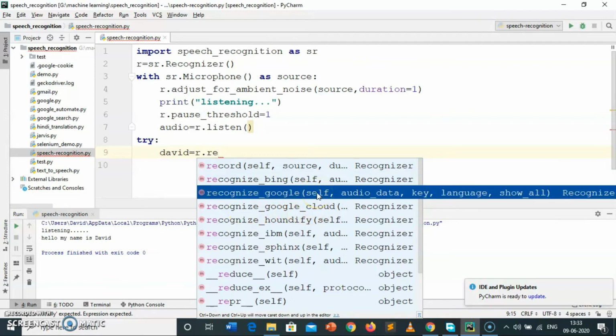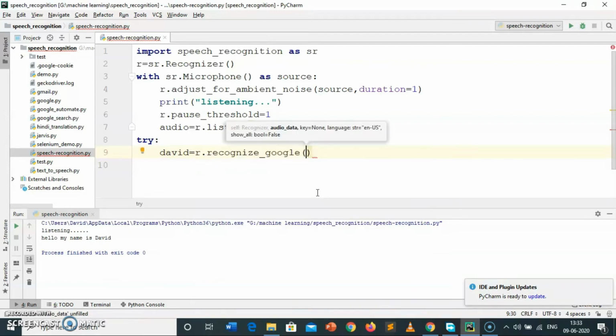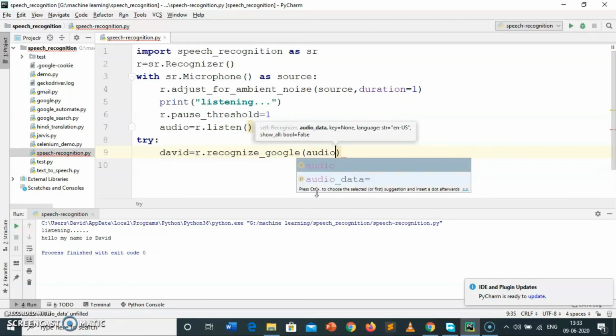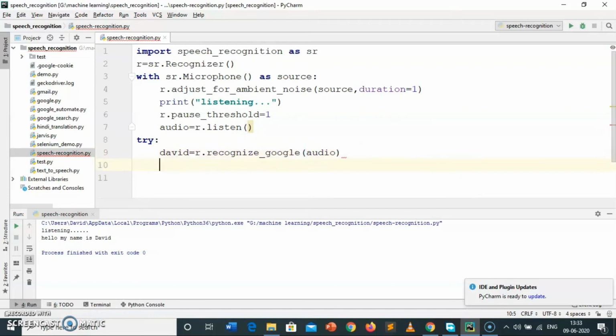I am going to use recognize_google. Now we have to pass the audio. Now print David.